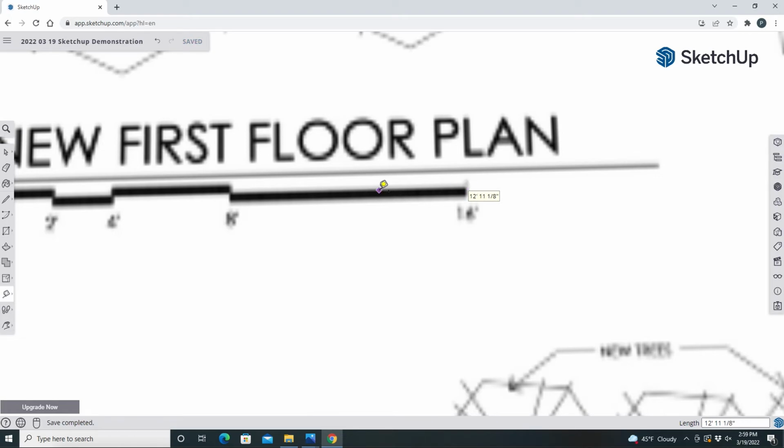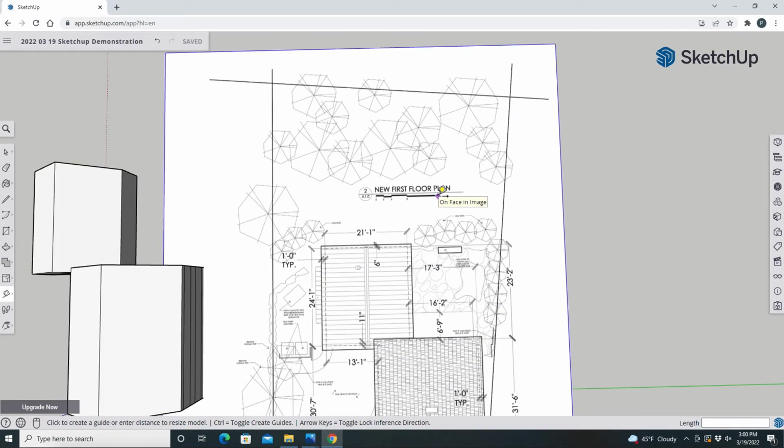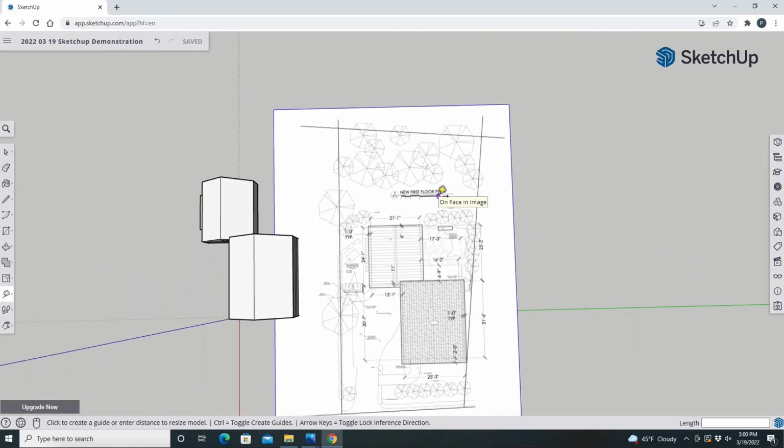It's close enough, is what I'm saying. I could take it even further. Let's do escape. Yeah, 15, 11. That's close enough to 16 feet for me. Now that I have it scaled appropriately,